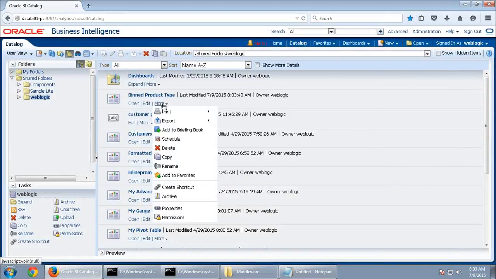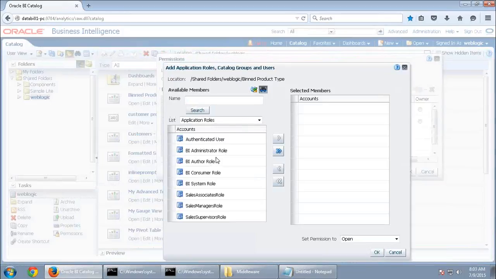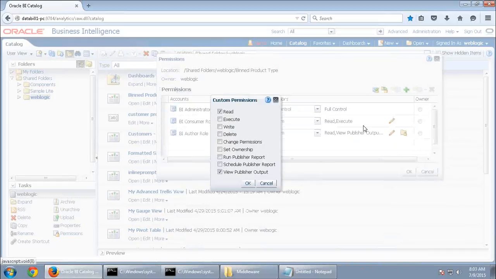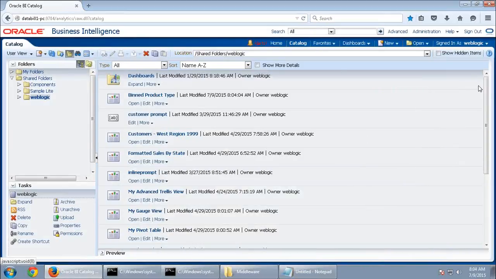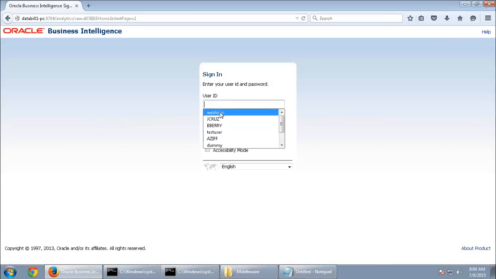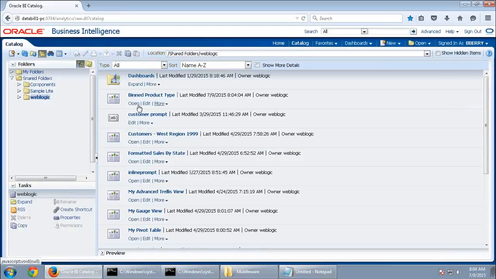And one more thing, for the BI author role also give the same thing. Sign out and sign in back as your BBerry. Go to catalog, go to bind product type.